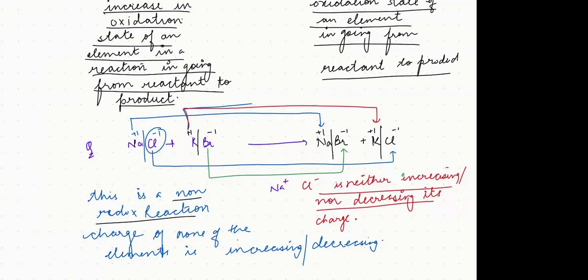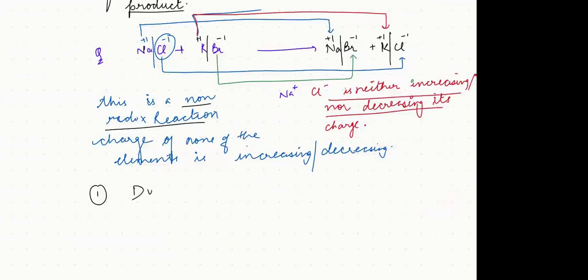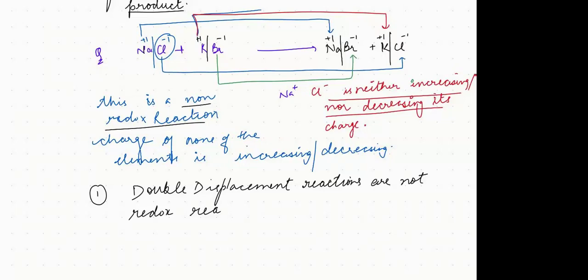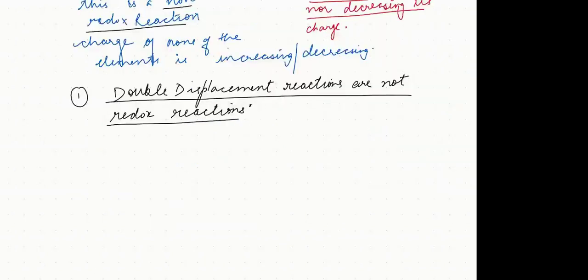So from here, the first thing that we understand is that double displacement reactions are not redox reactions. You understand? No matter what double displacement reaction you have, it is not going to be a redox reaction. Yes or no? So double displacement reactions are not redox reactions. That is one thing. Secondly,